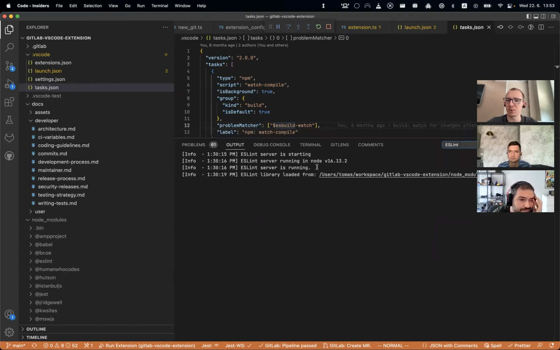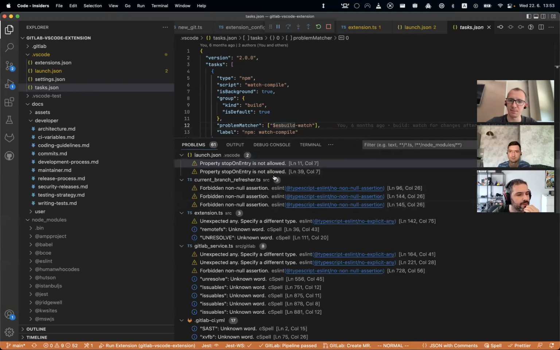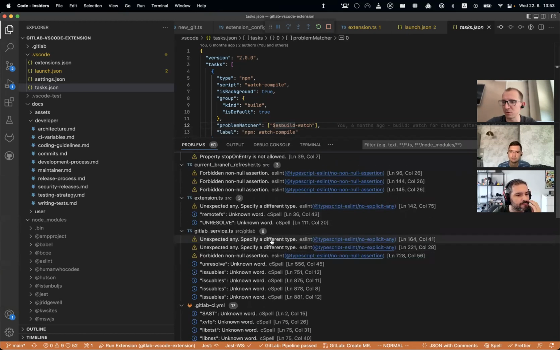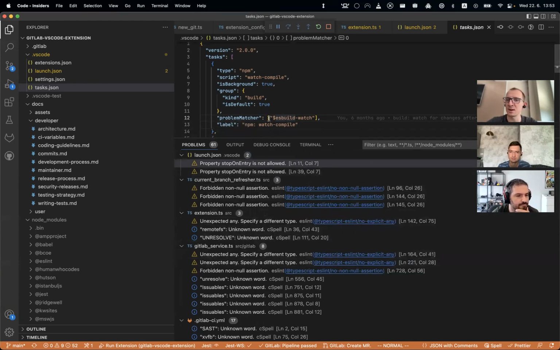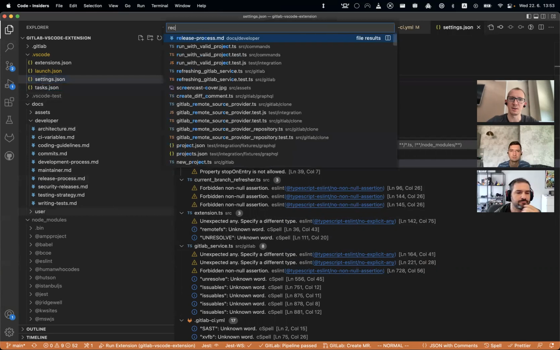Well, it can parse whatever problems come up out of the ESLint. It parses them using some VS Code functionality into the problems. It can do it for TypeScript, and it can do it for ESLint, but it can't do it for ESBuild by default. And that's why here in the recommended